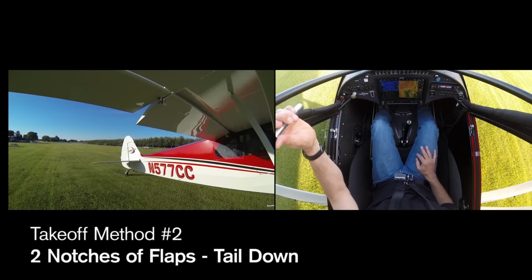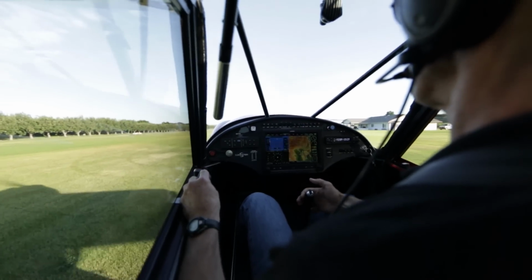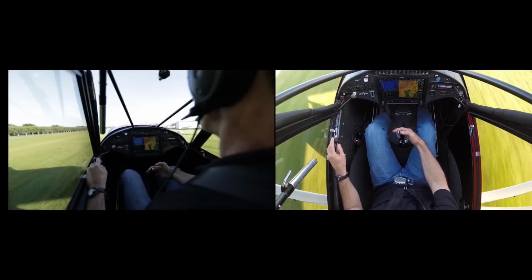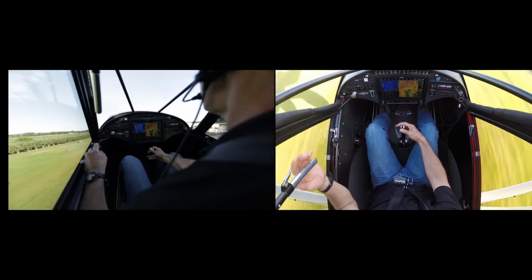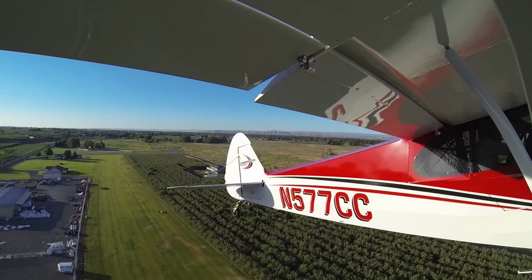Okay, we're lined up on the center line. Let's pull in 2 notches of flap. Bring the power in all the way, pull back on the stick just a little bit, the airplane accelerates. 1001, 1002, we're flying. Take it 2 down to 1 notch of flap, milk the other one off, establish our